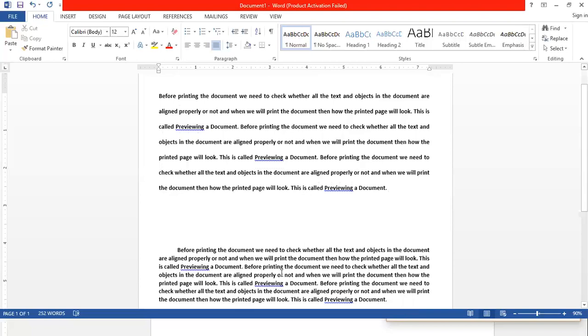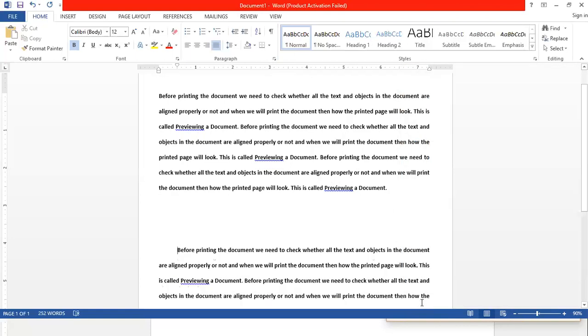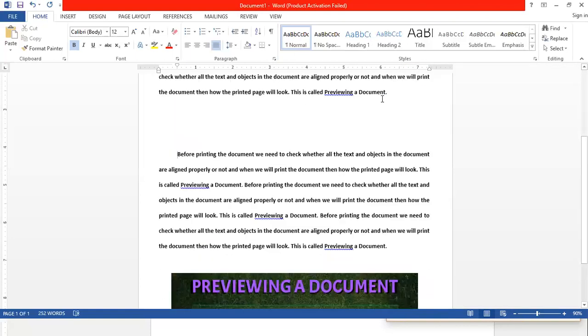because my typing cursor was in the first paragraph. If you want to increase it in this one, bring the typing cursor to that paragraph, go into the dialog box of the Paragraph group, select whichever line spacing option you want, and then click on OK. So it will increase the space. Now you can see the difference: here it was increasing the space between the paragraphs and here it is increasing the space between the lines. So this is the difference between paragraph spacing and line spacing. Line spacing is the space between the lines and paragraph spacing is the space between the paragraphs.